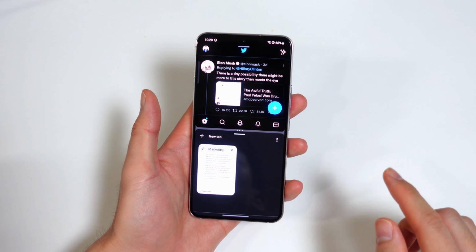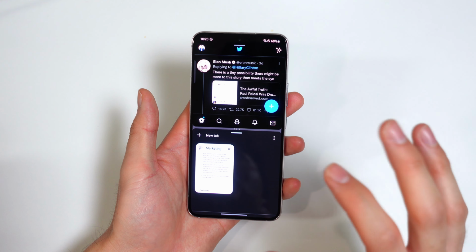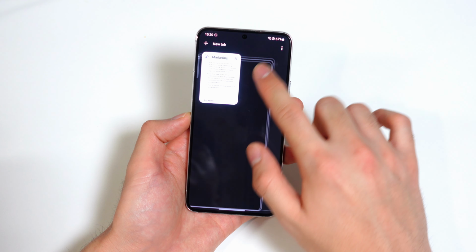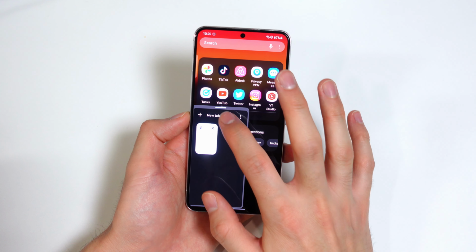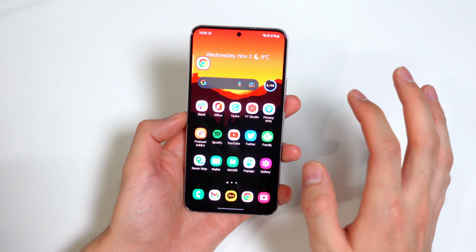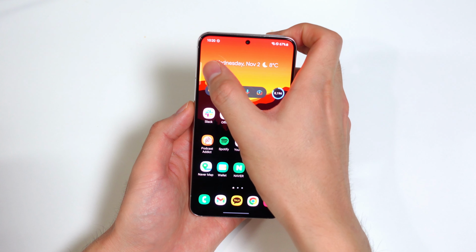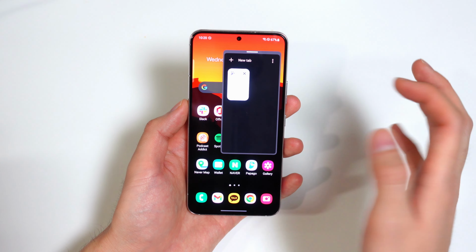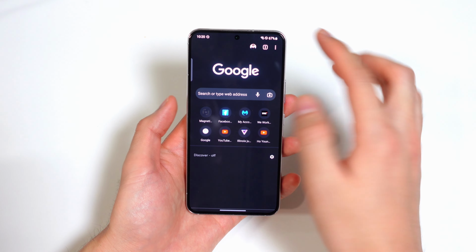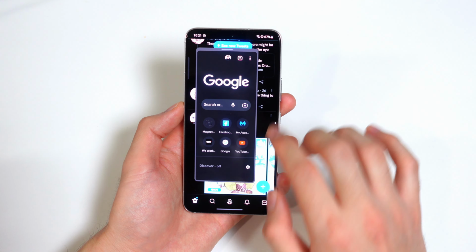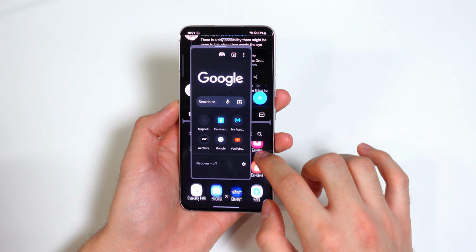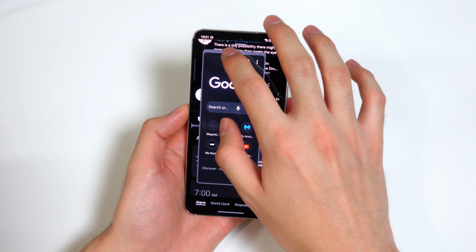We needed this for Android, and I hope Google gets something like this back into their Pixel software. And not only that, if you swipe from a corner like this, you can make it into a pop-up view, which is super intuitive. So I really multitask a lot on my phone, and that's been a pain on the Pixel. So this is super nice. It makes me want to use Samsung again. And you can go back to home screen if you want to make it pop-up view again. And then let's say you're on Twitter and you want to split screen another app, and you can do just that. Let's go to clock, and then boom.